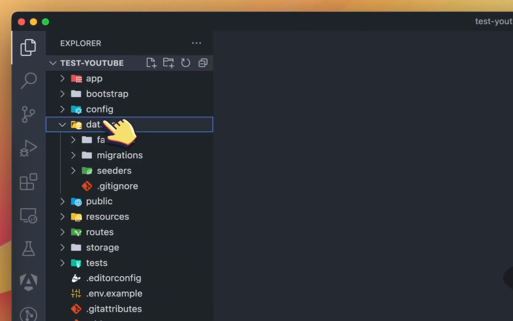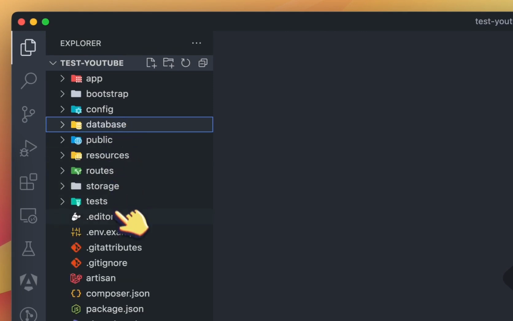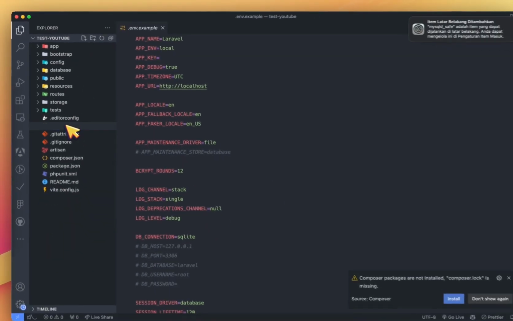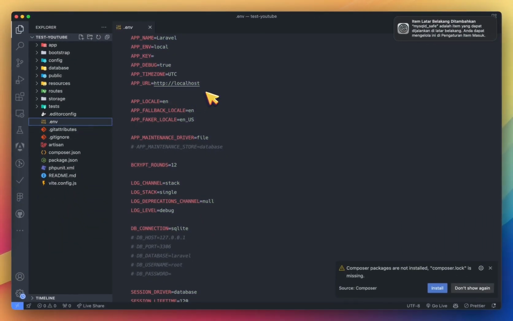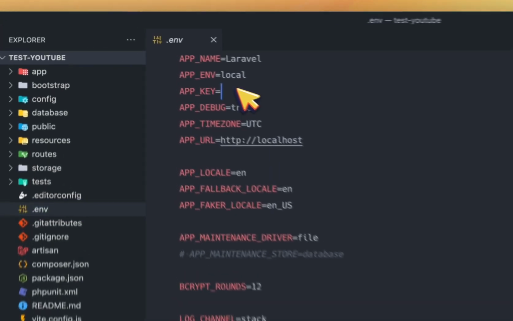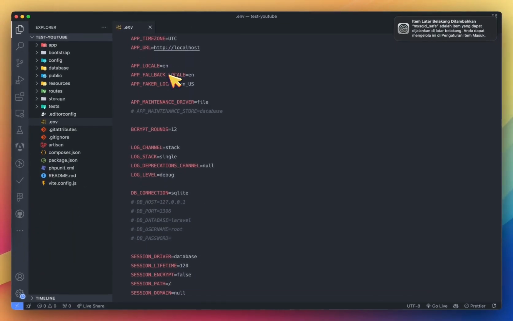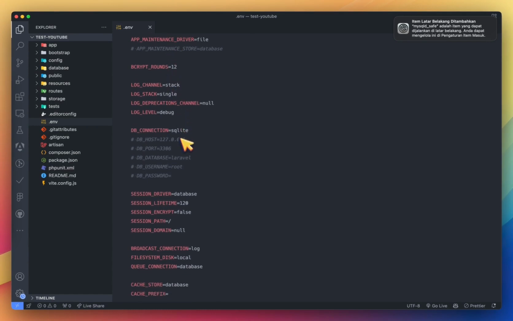And in the database env we have done the key, localhost, and DB connection SQLite.